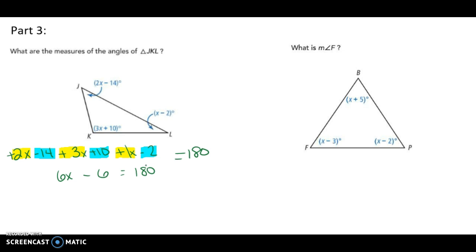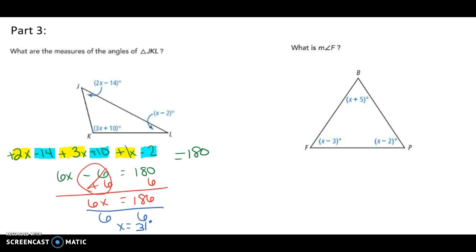So here we are going to go ahead and do the opposite to solve it through. The opposite of this negative is a positive, so I'm going to go ahead and get rid of that on both sides. This cancels, leaving me 186 on this side equals 6x. And now we're going to undo this by doing the opposite as well. So I'm going to divide both sides by 6. 186 divided by 6 is going to be 31. So x is going to equal